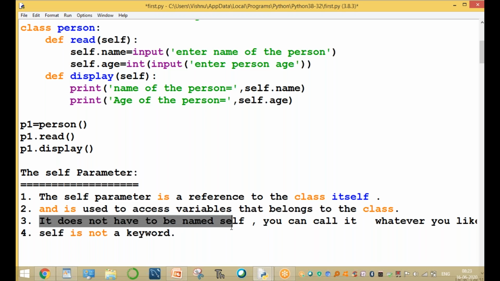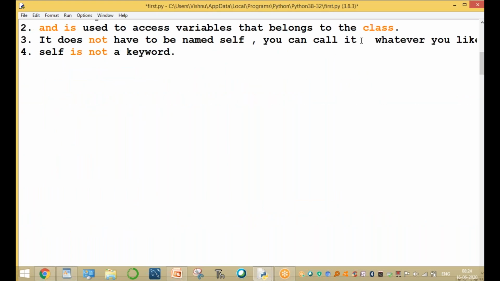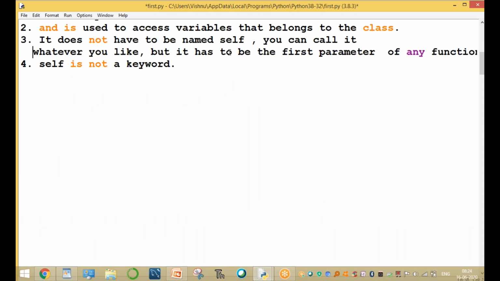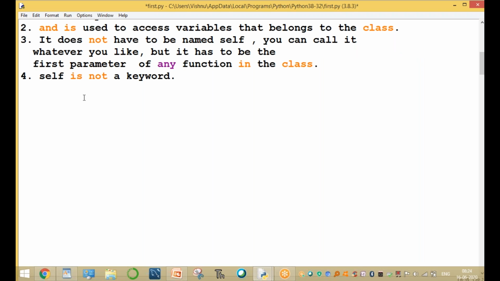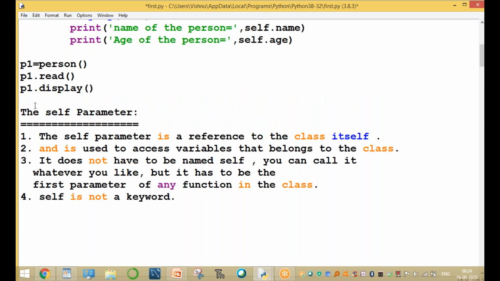And it does not have to be named self. You can call it whatever you like, but it has to be the first parameter of any function in the class. Self is not a keyword. You can call it any name. That's very important. Please observe this one.